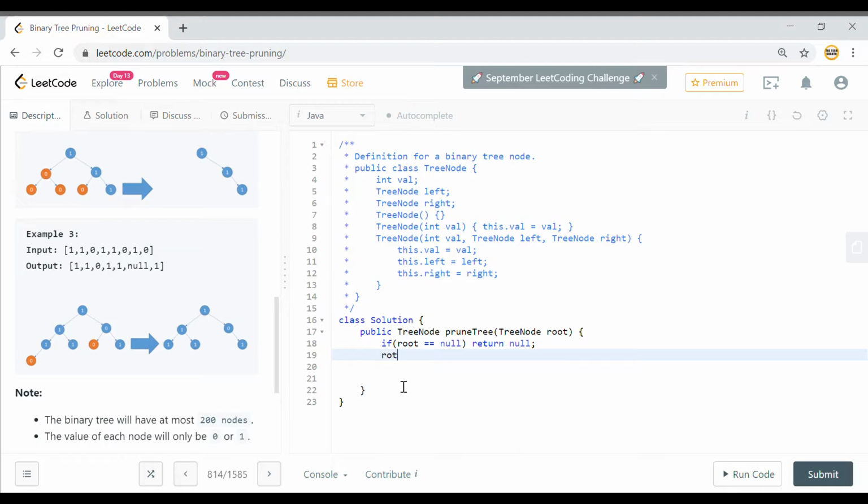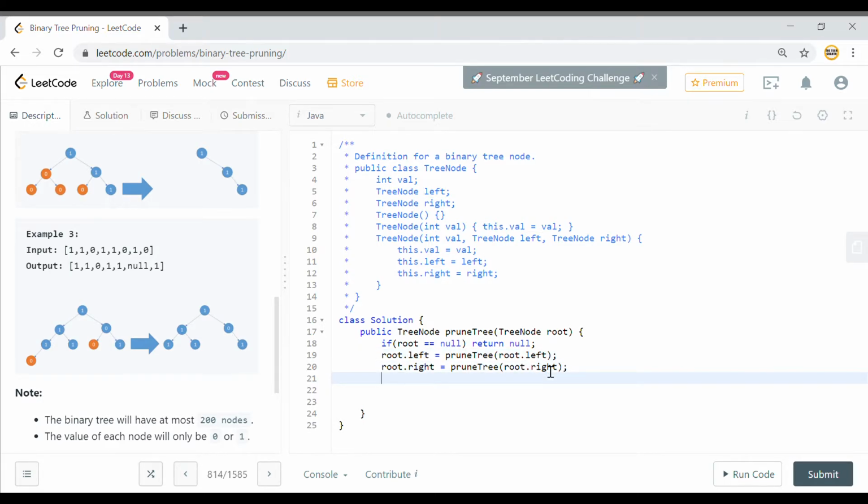Now to form the tree we need to get the left value. So what will be the left value? To get the left value, we just do a DFS of the tree that we got and we go towards the left hand side. And the same thing can be implemented for the right hand side also. So we move towards right like this.